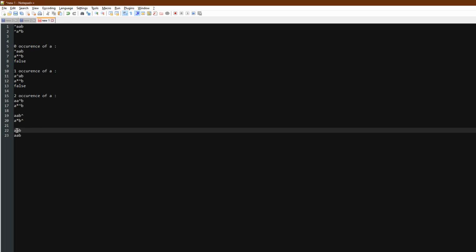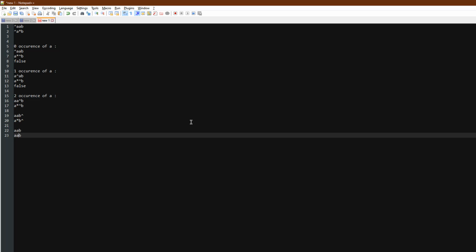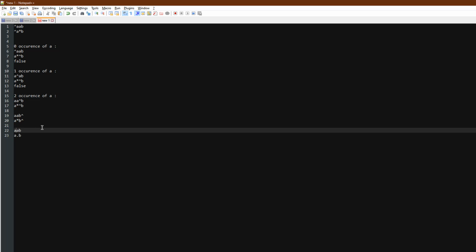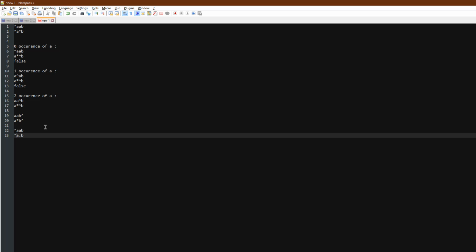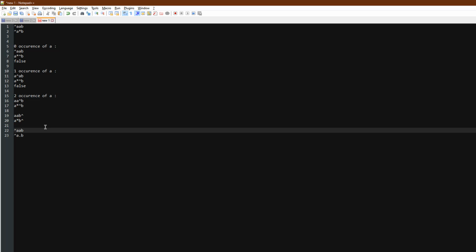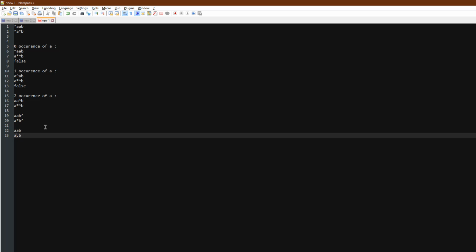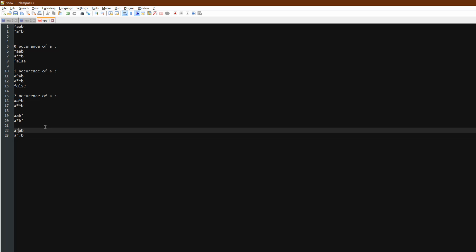Let's take for example s is equal to aab and p is equal to a.b. Initially the cursor will be here, and after the first matching both of them have a, so they will match and then the cursor will come here.